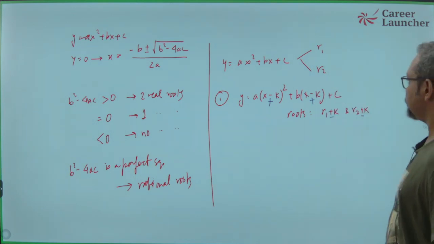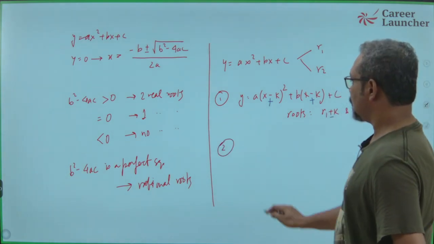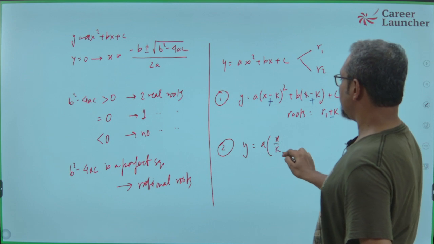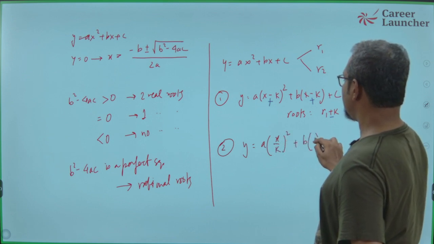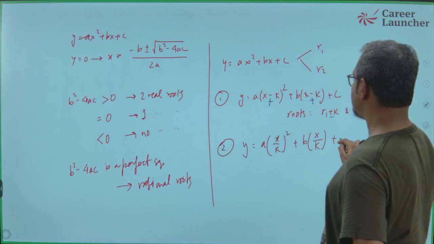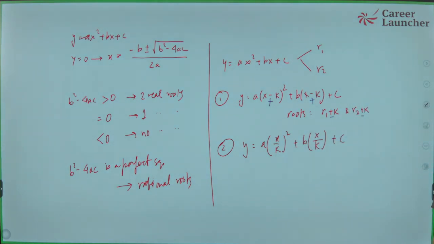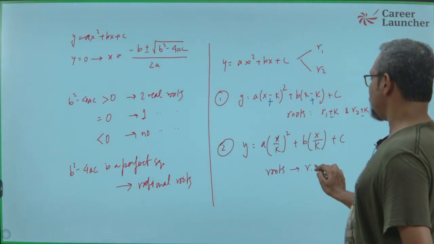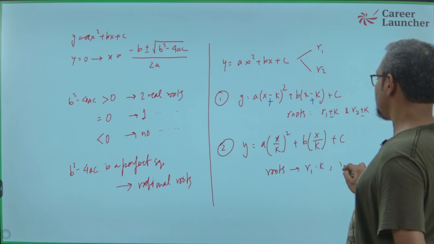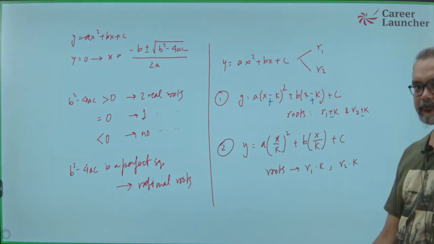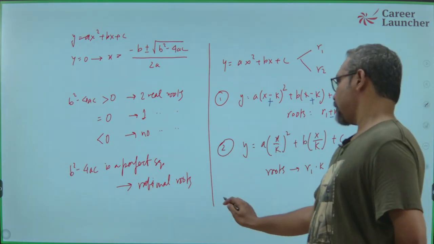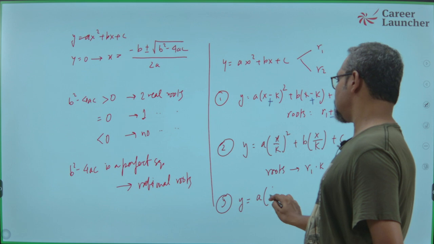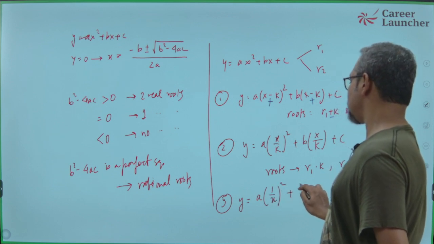Point number 2: if I have y equals a times x divided by k whole squared plus b times x upon k plus c, so I have divided the variable x by k, my roots would become r1 multiplied by k and r2 multiplied by k. The last one: if I replace x with 1 over x, which means I take the reciprocal of x,